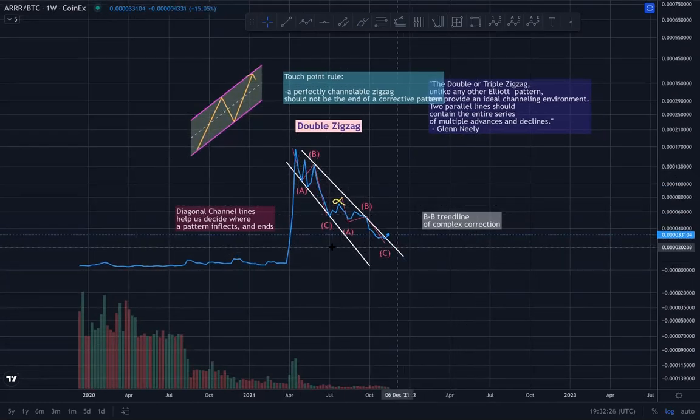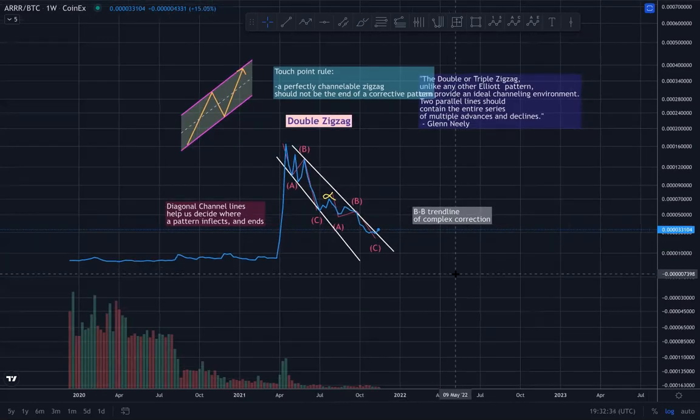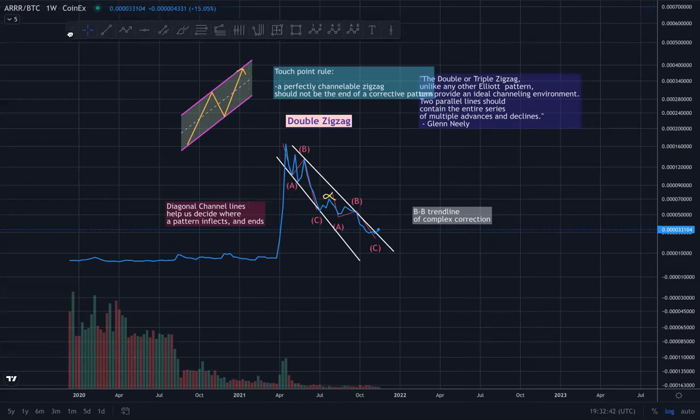This shapes up more like a zigzag. We get some support on the monthly Bollinger Band, the 20 month moving average, that type of thing. So let's use a bit of time analysis now to get a sense of